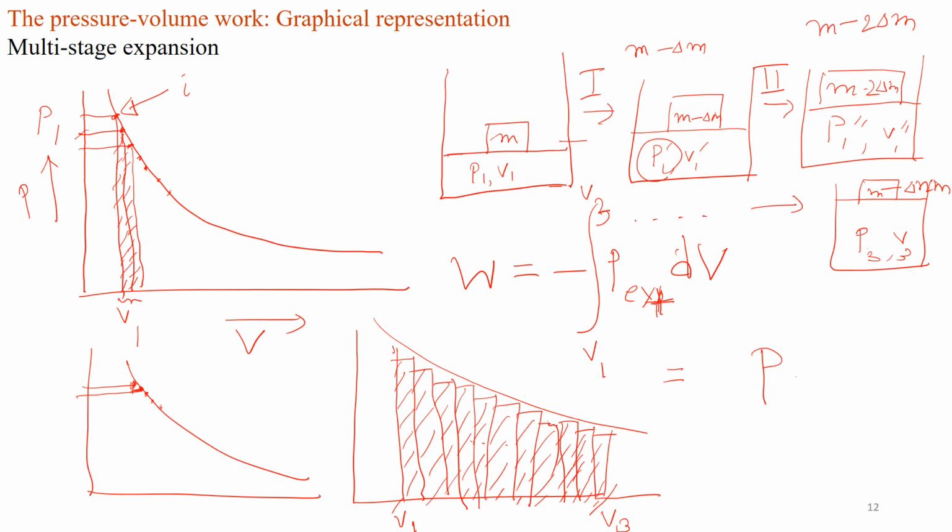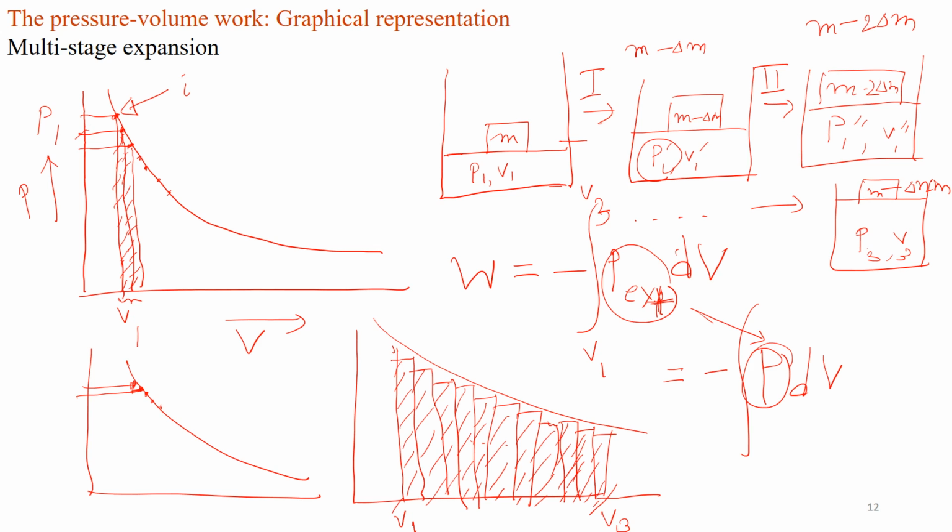So we see the external pressure is nothing but the pressure of the system itself for each step. In other words, the system is nicely adjusting its pressure so that at every step the pressure of the system gets adjusted and equals the external pressure. So we replace this external pressure by the pressure of the system itself, and now we can integrate, because this